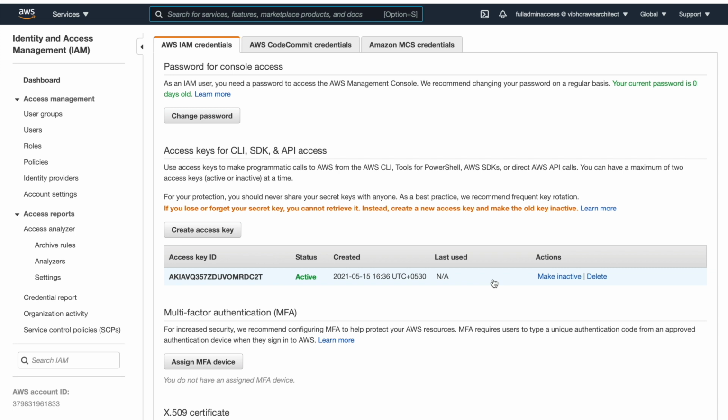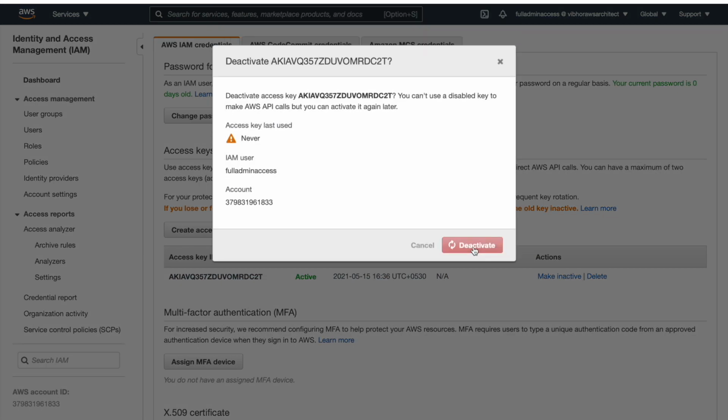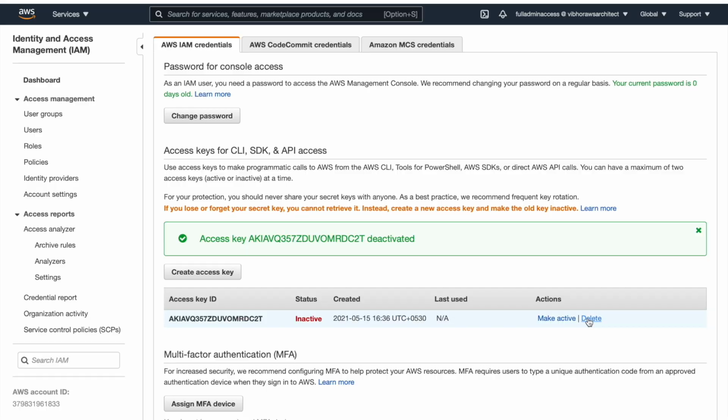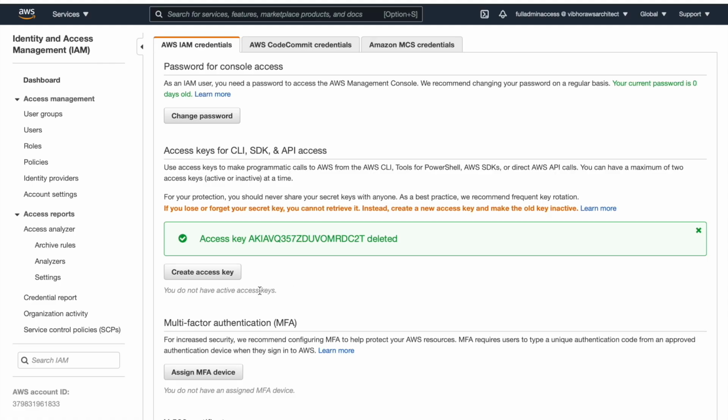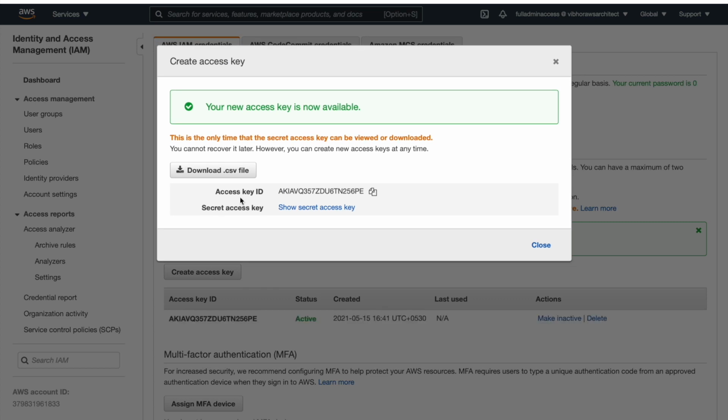Suppose we have accidentally deleted it or we have lost our key, then we can make them inactive and delete them. So I will just copy the access key ID over here and I will click on delete. And now I can create another access key. And then it will again give me the option to download the CSV file.